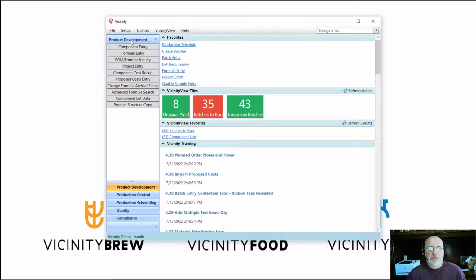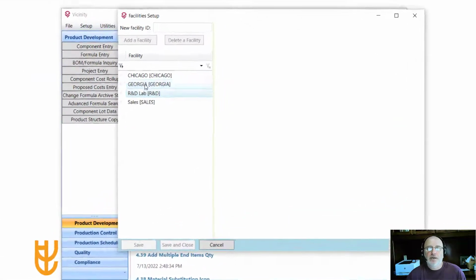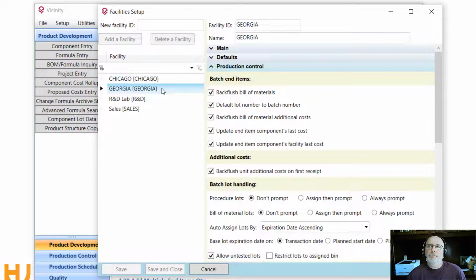A number of releases ago, we addressed a use case for clients that said for bill of material items, packaging items, things like that, there are a lot of companies out there that wanted us to go ahead and backflush or automatically use those packaging items based on the quantity produced. So I might have ordered 10 items, but I only made 9. I want you to backflush 9 worth of packaging. And that was done